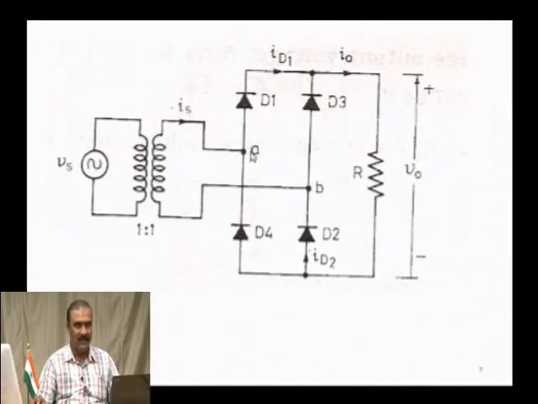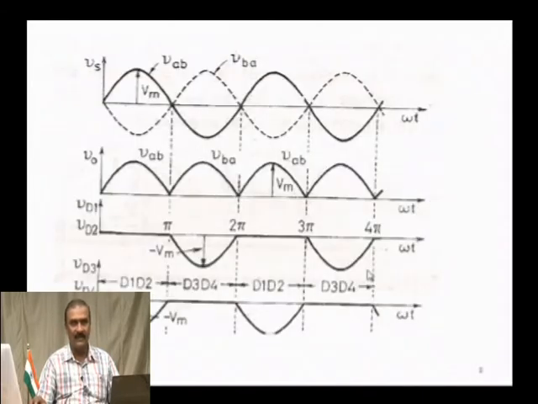So, do not make a mistake here connecting the transformer here and here, taking output here, please do not do that. This is a common mistake that you make. But remember this is common cathode and common anode terminals forming your output connection connected to the resistor like this, and this is the output. And now this is the waveform which you already know about.